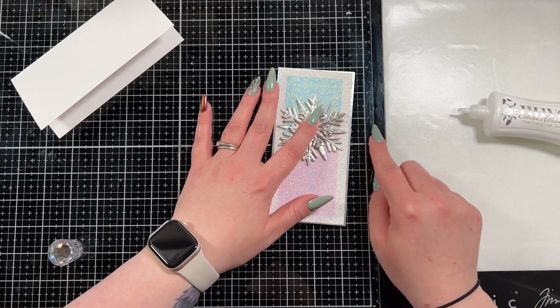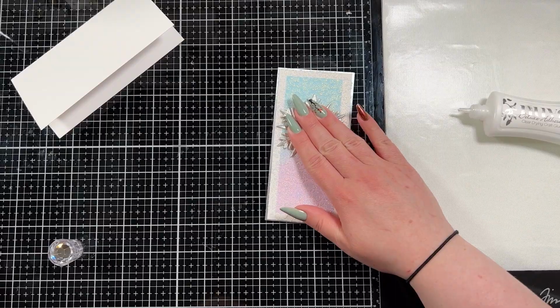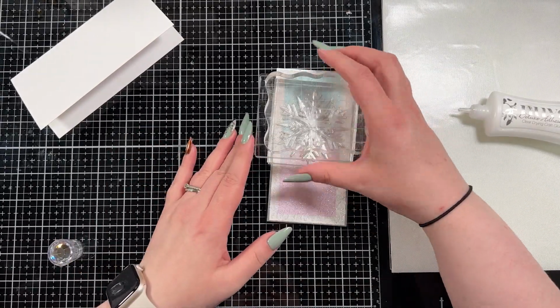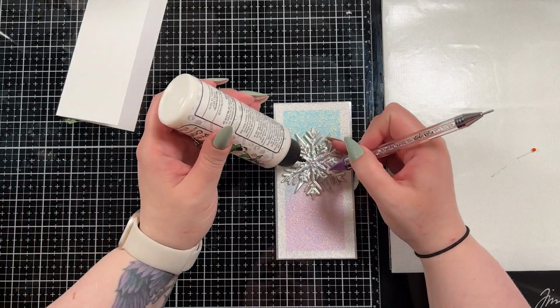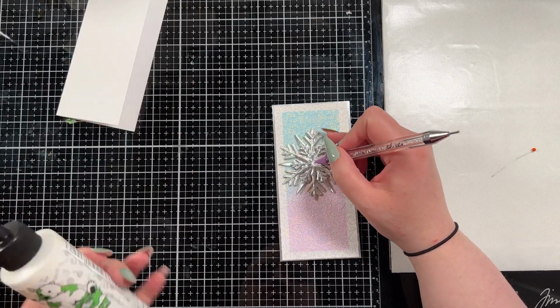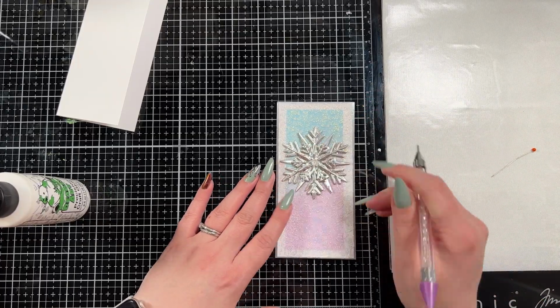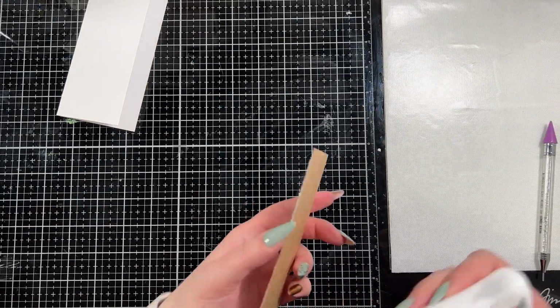Because this one is now sitting on top of a whole layer of that glitz glitter gel, that paste, there's a little concern that it won't adhere as well. And you saw that I used a little 3D foam square between the two layers, just to add a little extra dimension. And then, because I could never not add extra glitter, that's just my habit of life,